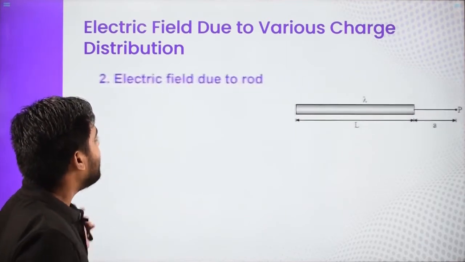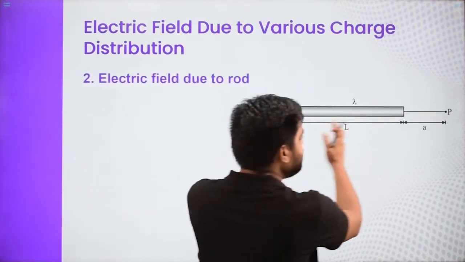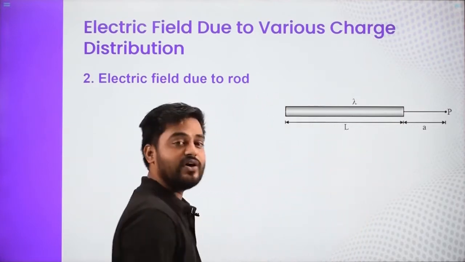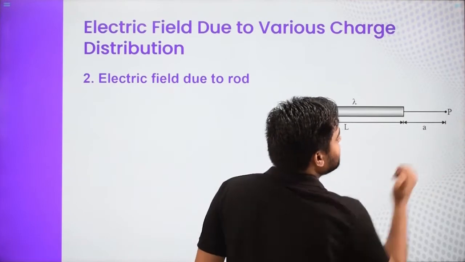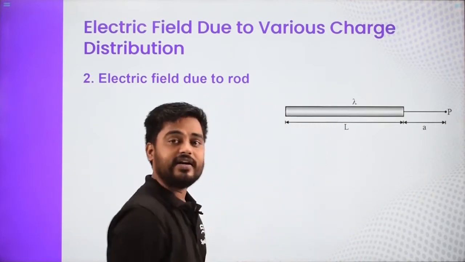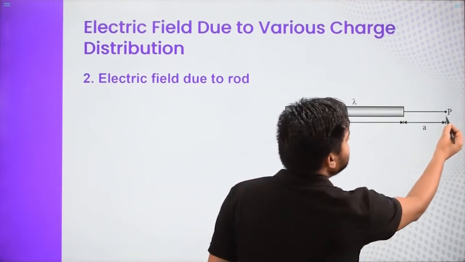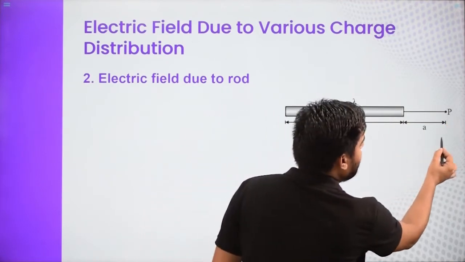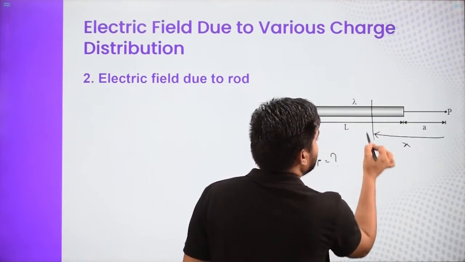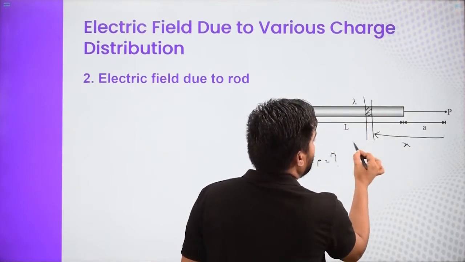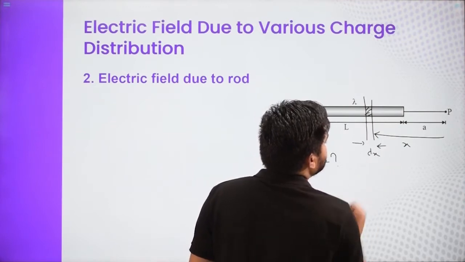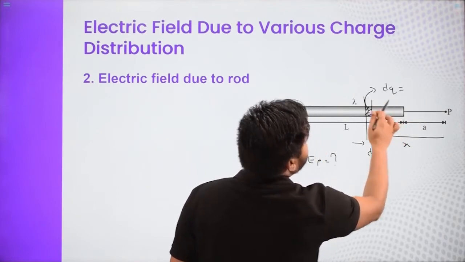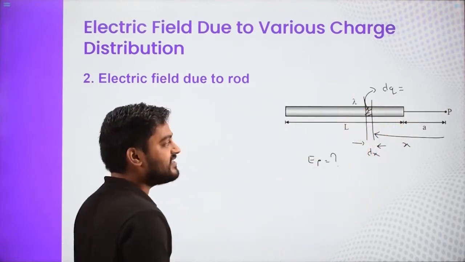Next is the electric field due to a rod. A rod is basically a continuous charge distribution, and now we have to get the electric field due to a rod, on its axis at a distance a from one of its ends, and the rod itself has capital L length. So we will find the electric field at point P. To find that, I am going at x distance, taking a small element of dx length. The very small charge dq lying in this dx length can be considered as a point charge.